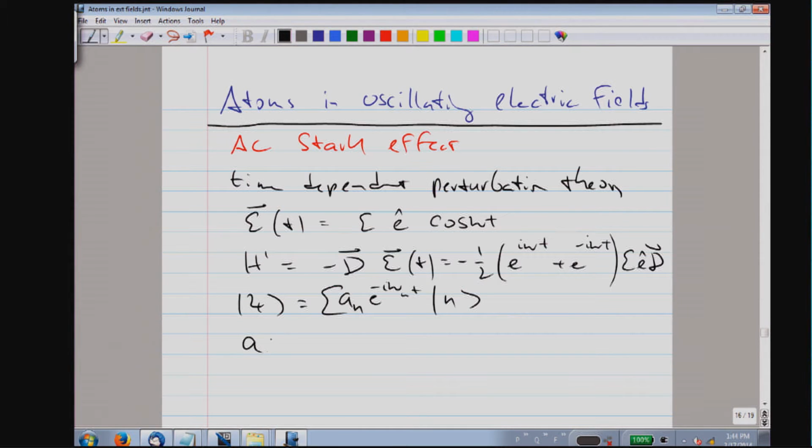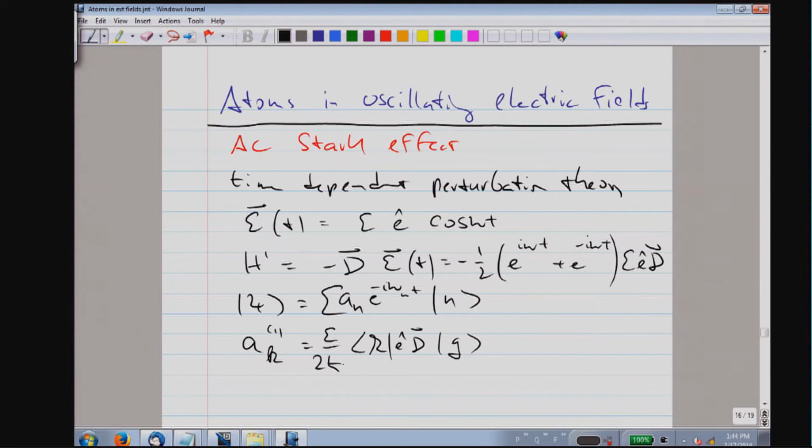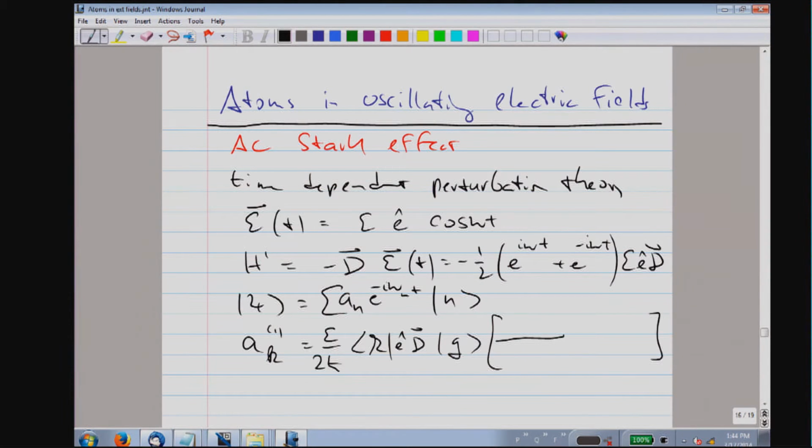This immediately gives you the first order result for the amplitude in an excited state k. It only comes about because your initial state, the ground state, is coupled by the matrix element to the excited state. It's linear in the applied electric field. So what you do is you have the Schrödinger equation and you integrate it from time 0 to time t. And since you have e to the i omega t and e to the minus i omega t, you get two time-dependent terms,